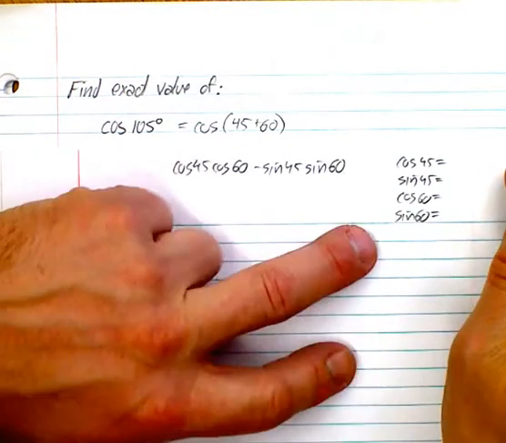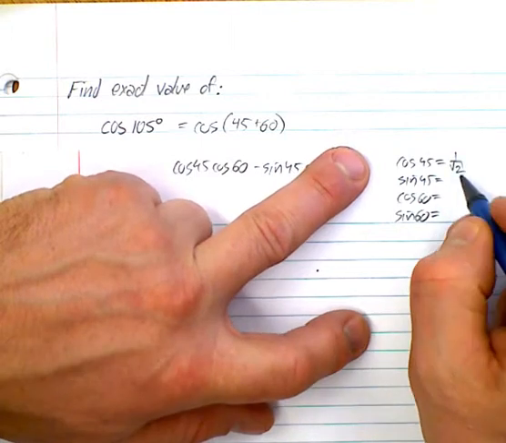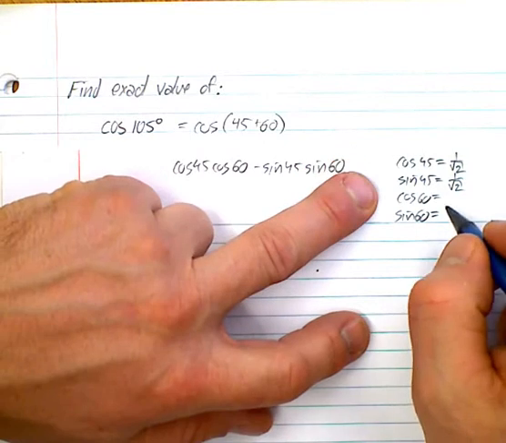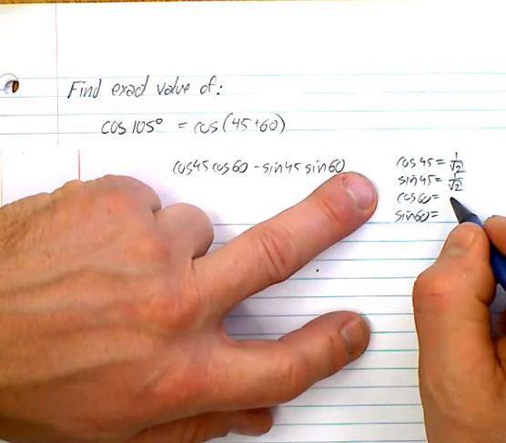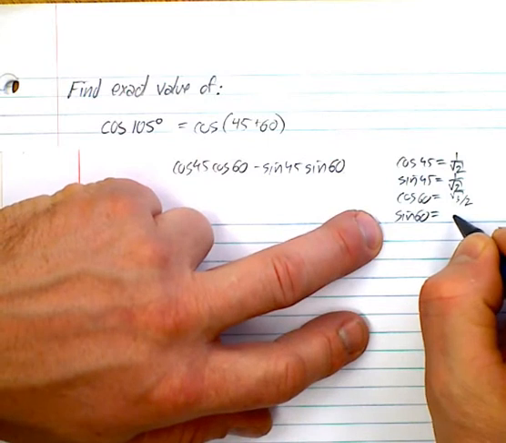Hopefully at this point you can do this. I'm going to do it pretty quick here. That's going to be 1 over root 2. Sine 45 is 1 over root 2. Cos 60 is root 3 over 2. And sine 60 is